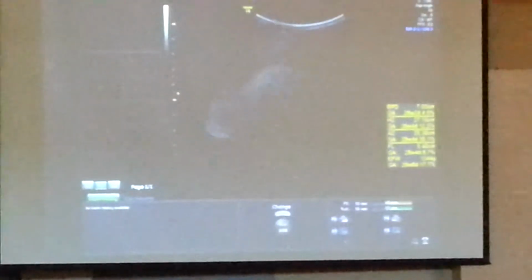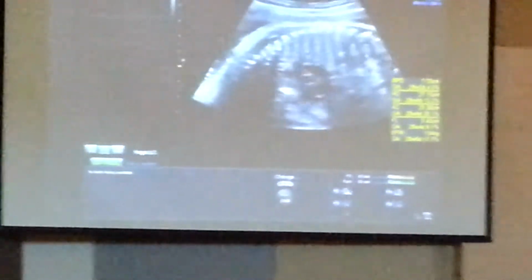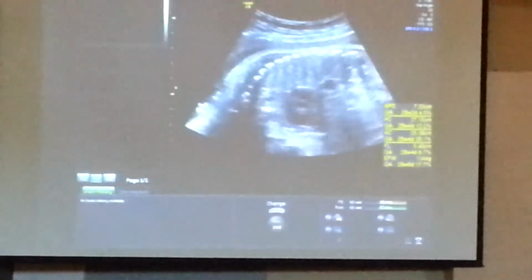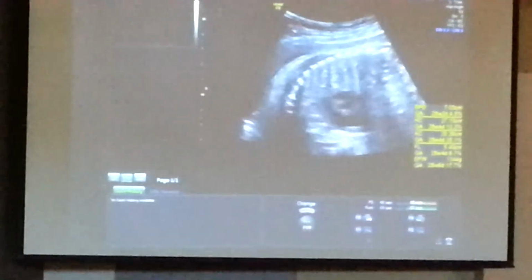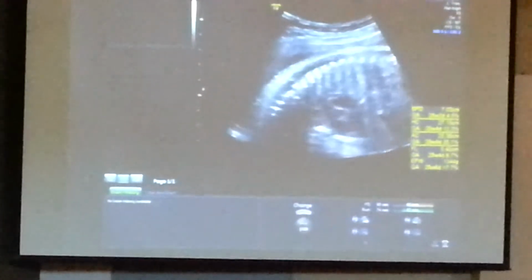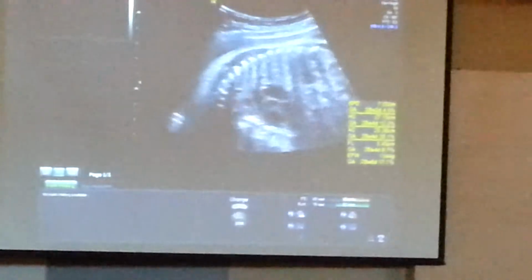We try to examine the heart here. Okay, orient the baby again. This is the spine. I cannot approach the heart from here clearly because there will be a shadow from the spine. So what I have to do is go to the opposite side, so I can examine the baby from in front. But the problem sometimes, if the baby is lying on this side and my probe is on this side, it's too far. The image may not be clear as well. But we have no choice sometimes. So I go from this side now.